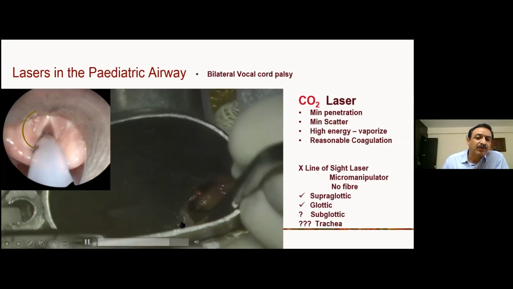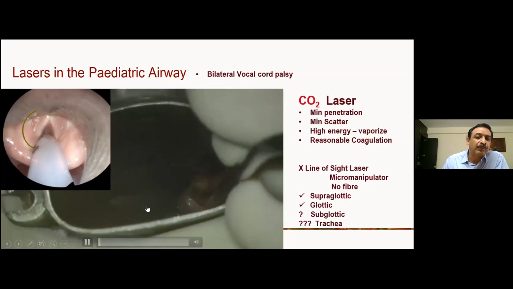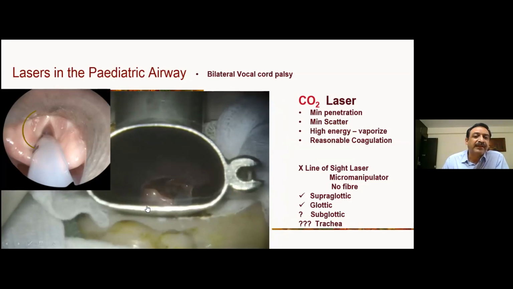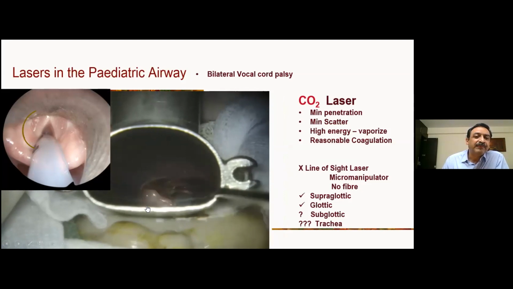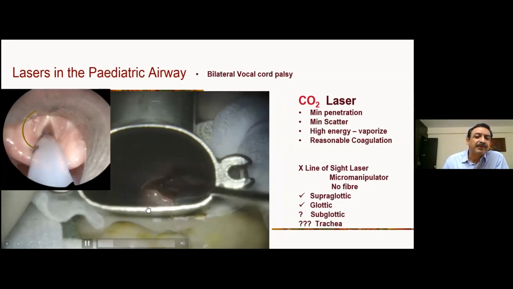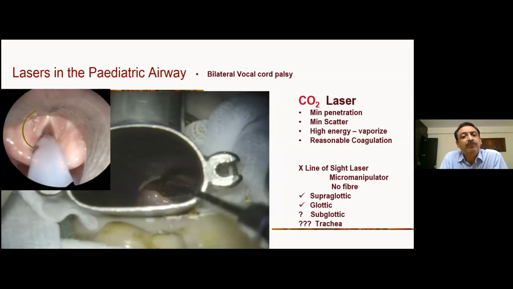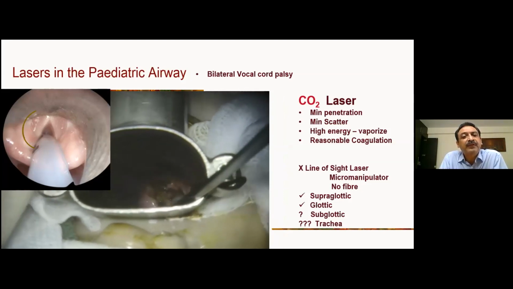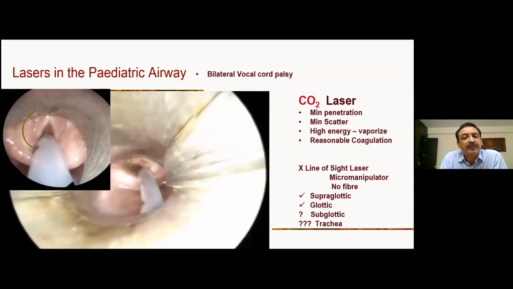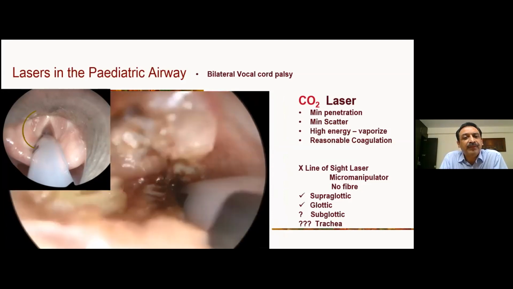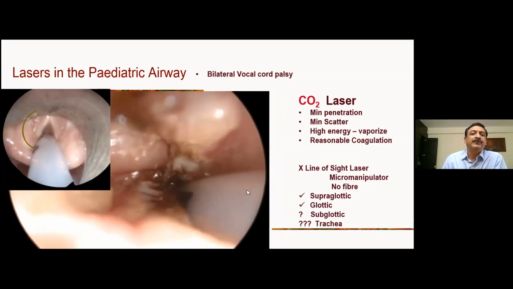And that really is a smallish operation that you do out there. We love to do it because you can do it while avoiding a trach. So this is a child, an infant really, a 30-day-old infant with bilateral cord palsy with other congenital anomalies. And the choice is between a tracheostomy and doing laser cordotomy. And because of the laser, wherein you can be sure that,